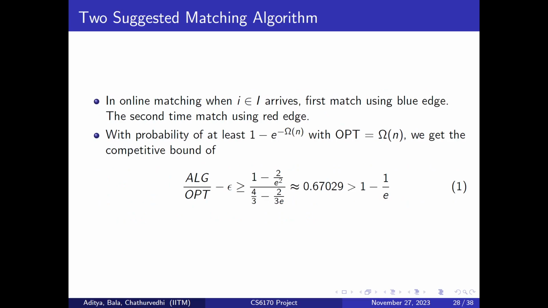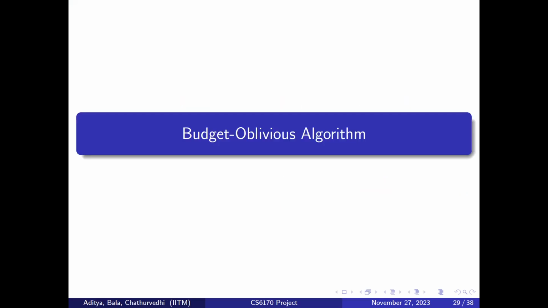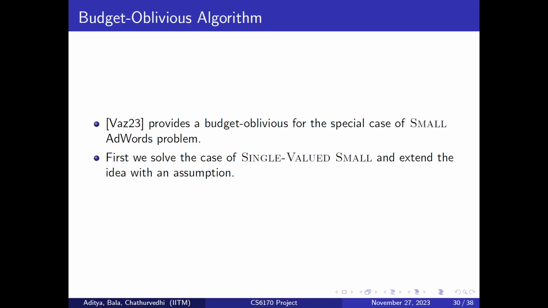So for any given coloring, after the coloring is done, we use this offline matching to guide online matching in such a manner that when impression I occurs, we first match it using the blue edge, then match it using the red edge. For this given algorithm, we get a competitive bound of approximately 0.67, which is greater than 1 minus 1 by e. For the budgeted AdWords algorithm, here we